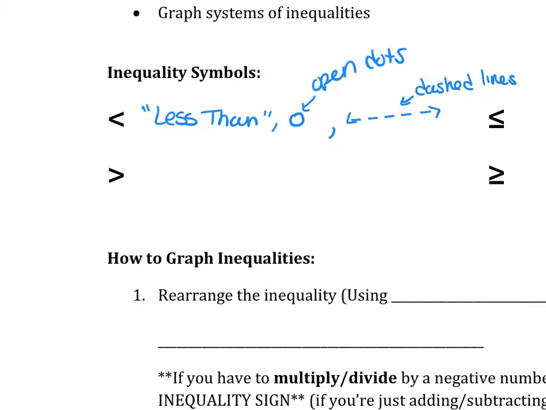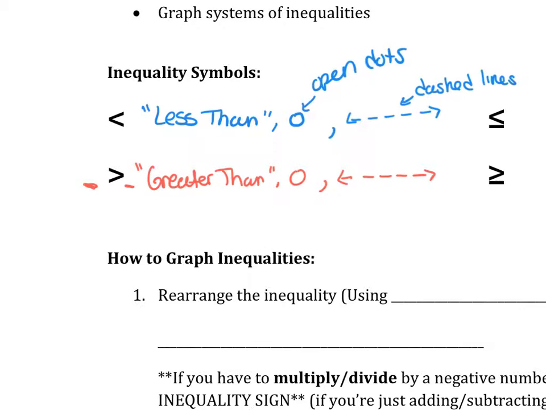Okay, and then below it, the sign is just flipped the other way, and this is the greater than symbol, because whatever's to the left is greater than whatever's to the right. And since it's not or equal to, it's just greater than, we also use open dots and dashed lines. Okay, so those are the less than or greater than. Then if we scooch over,